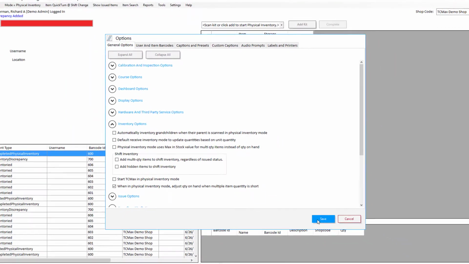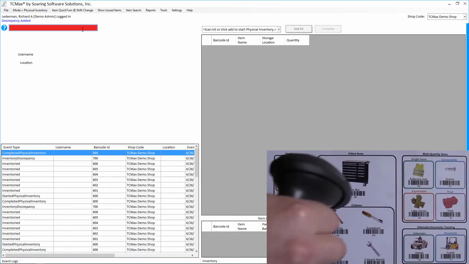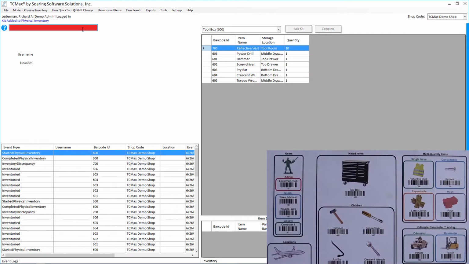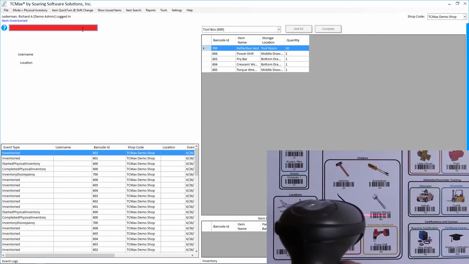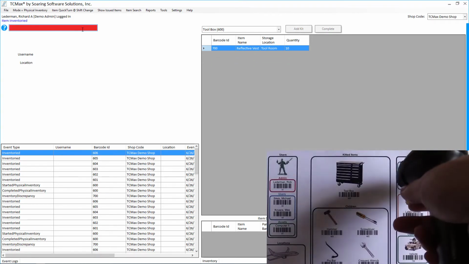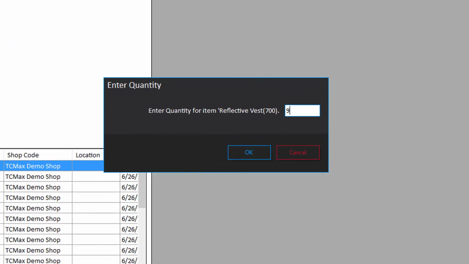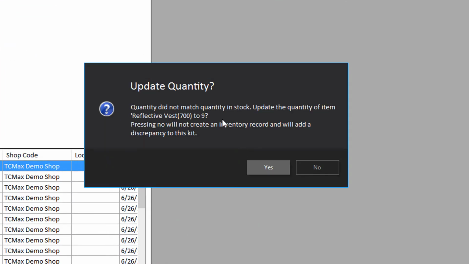Now when we perform our inventory and record a different quantity, we will be asked if we would like to create a discrepancy or update our quantity. Attention added. Inventory. Enter quantity. Clicking Yes will update the quantity.